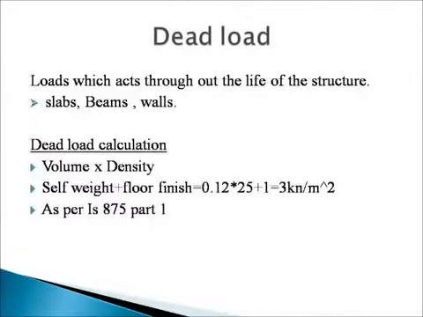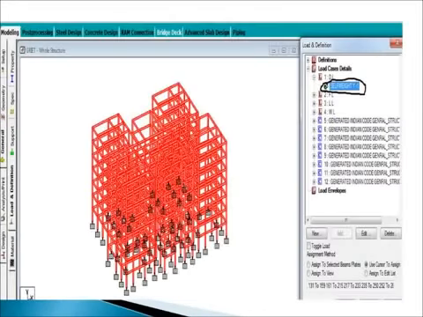Next, dead load. Dead load is nothing but the self-weight of all members, the loads which act permanently throughout the operation of the structure. This load is assigned to the members by creating a load case, giving the properties and using the self-weight tool. Here it shows the self-weight tool and the structure automatically turns red, indicating self-weight is assigned. This is how we generally calculate dead load manually.